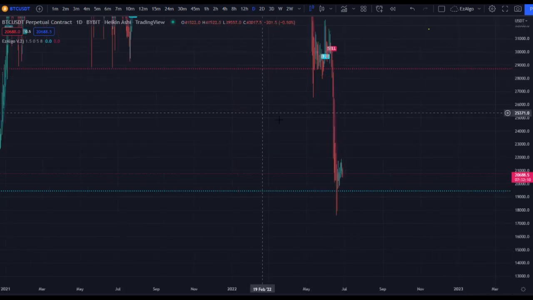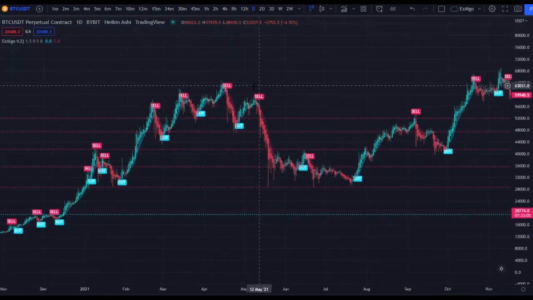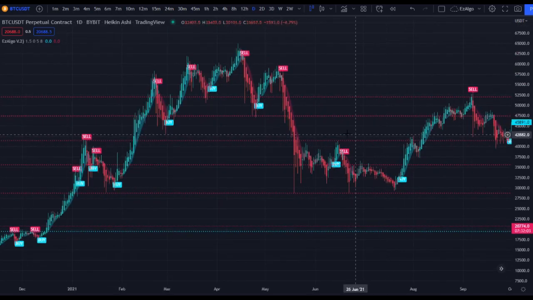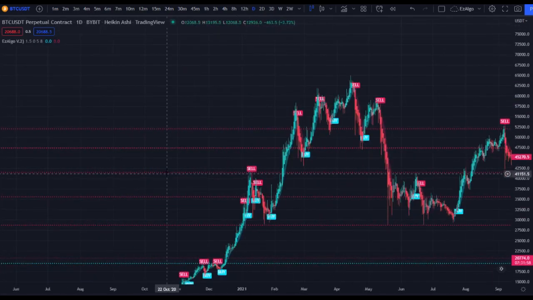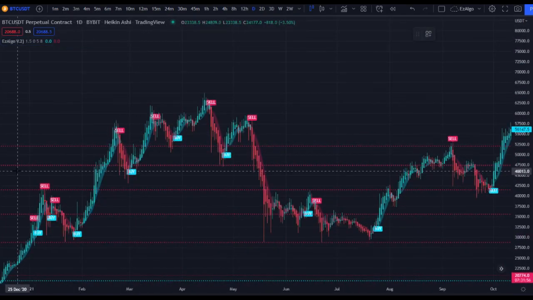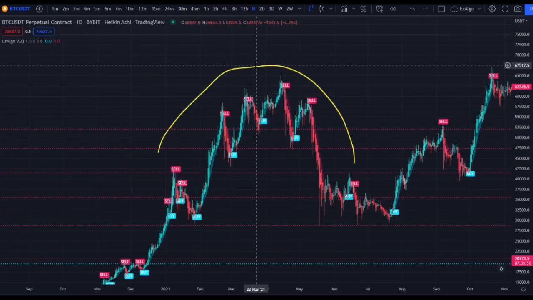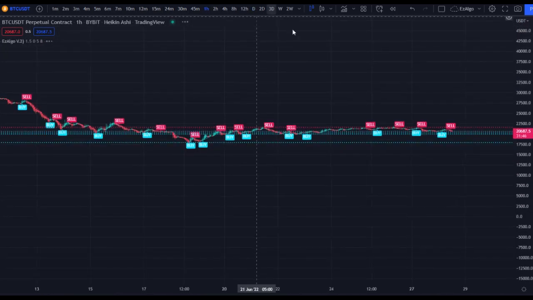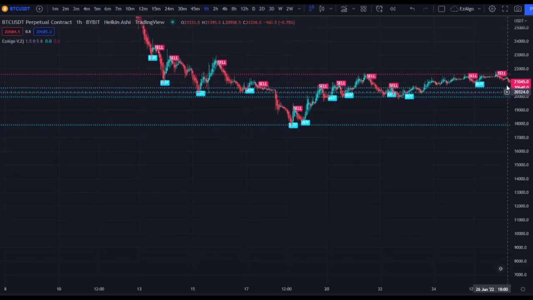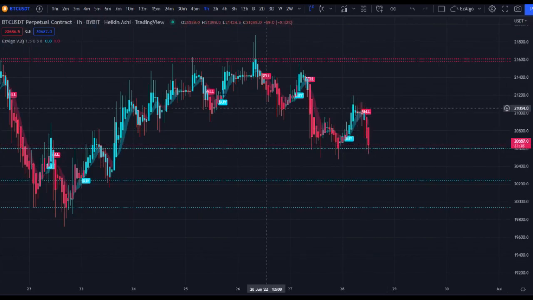Okay, if I go back to Bitcoin 50K back in July 2021, I remember this like it was yesterday. Or was it May? It was May. Okay, July, that's when it was over here. So this pattern right here, keep this pattern in mind, okay? And then if I go back to the 1 hour, it's the same pattern. It's a distribution phase. The sellers up here are getting rid of their coins to buy in cheaper, maybe